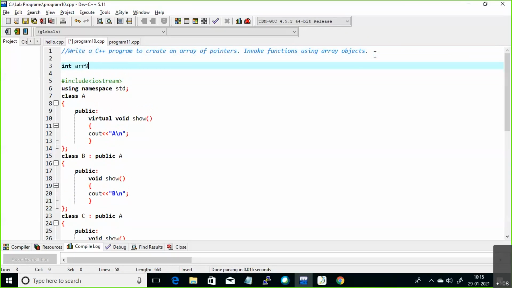You can take some size, for example, 5 elements, like 1, 2, 3, 4, 5. Maximum 5 elements you can store, right? This is an array of integer type which is holding 5 numbers. They are asking to create an array of pointers. We need to create one array.